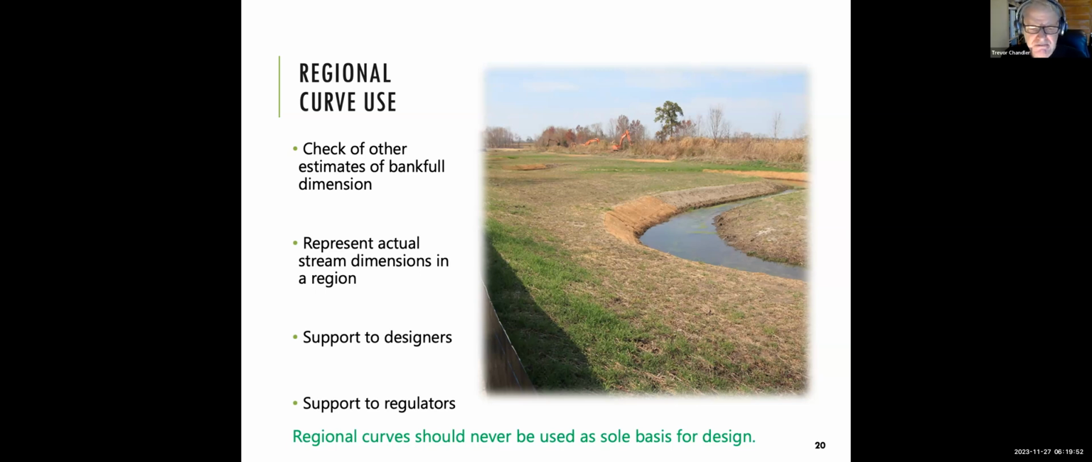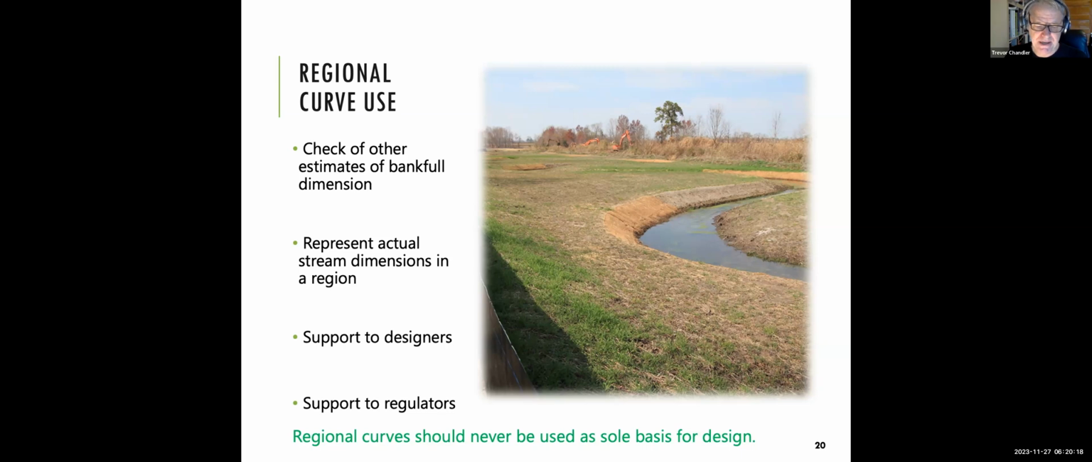So regional curves represent actual stream dimensions in a region. It's like, this is what the streams are telling us how big they get in a particular region. And because of that, they're really good in supporting designers in coming up with that all-important question, how big should this stream be? And they're also good support for regulators who have to look at, let's face it, the